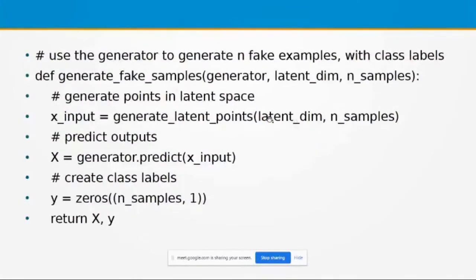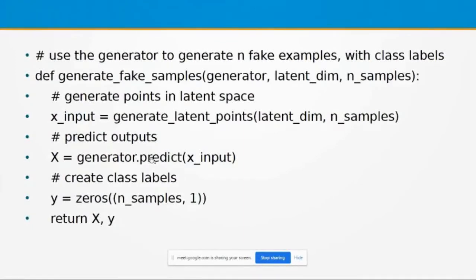That is the basic information to generate n samples images, and for that we need the noise values of latent dimension. 100 latent dimensions are there, and how many images are we going to create? N samples.